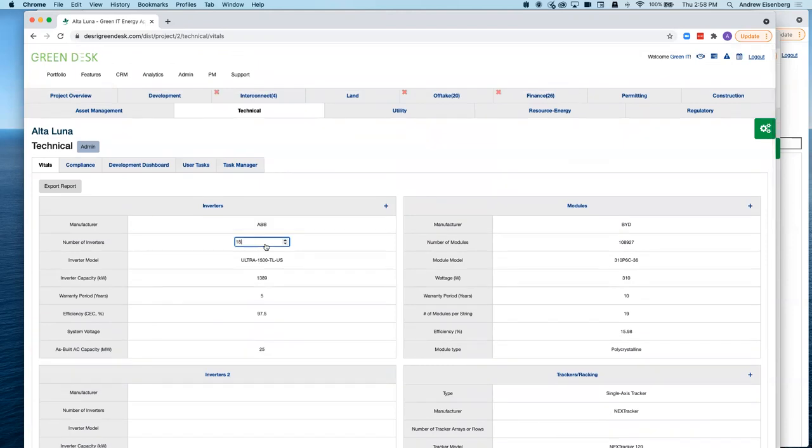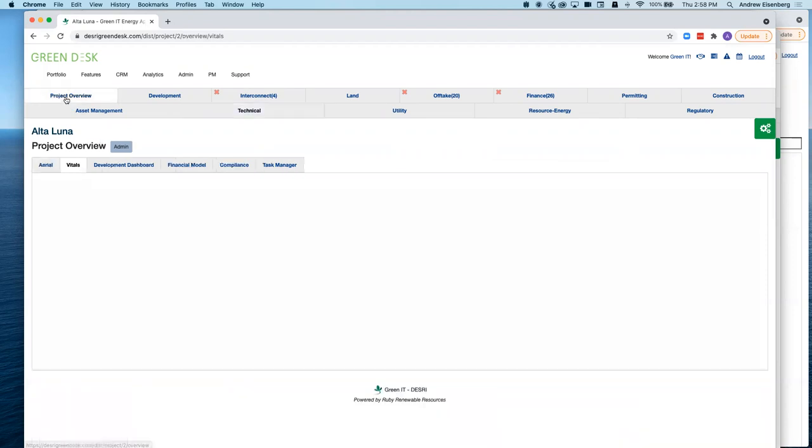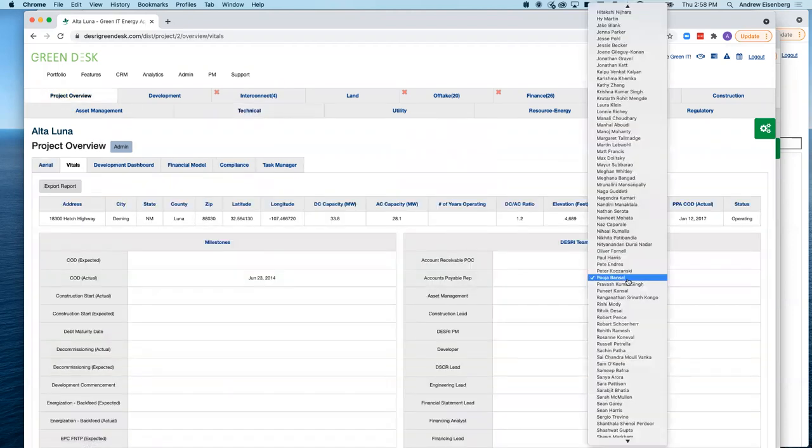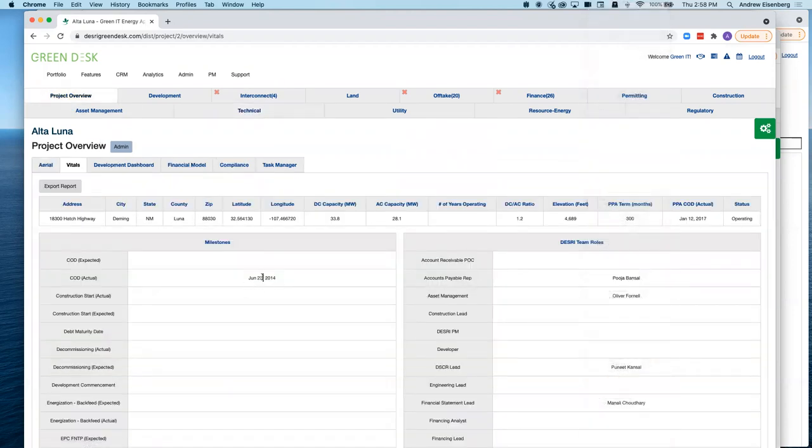Just click in the field and edit. However, if we go back to overview, I can edit this one, but I can't edit this one. Some of them are locked, and you're not going to have permissions to edit all of them. These here are milestones. These are regulated. We don't want a lot of users changing them because they have impact. They mean something. When we change a vital for the